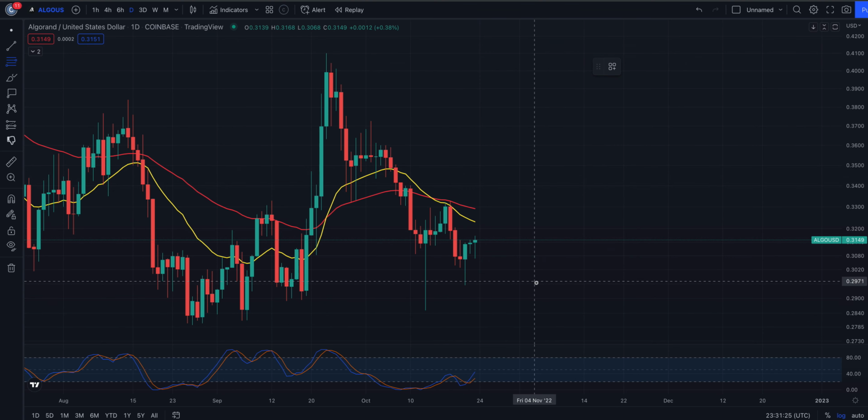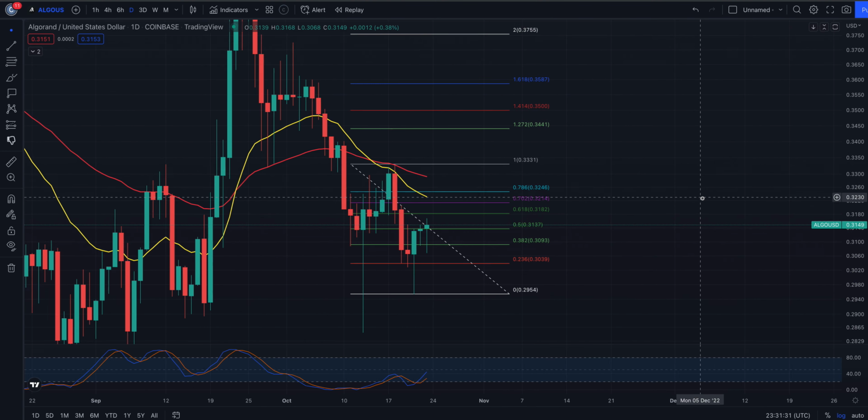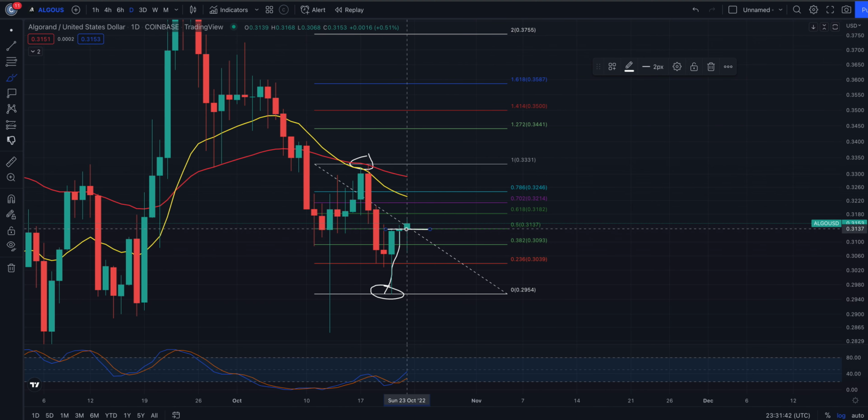Now what you can see here is, from this low, we're going to go from this low with the fib back up to this high. And right now, surprisingly, it's quite nice to see. We've had this low, we've come up, and we're tracing back to this high. Currently, today's close is looking to be above the 0.50. So if you do start to see yourself push through the 0.618 here at 31 cents,